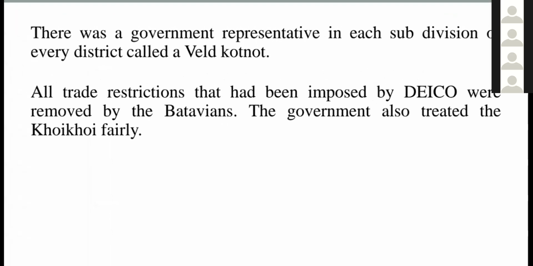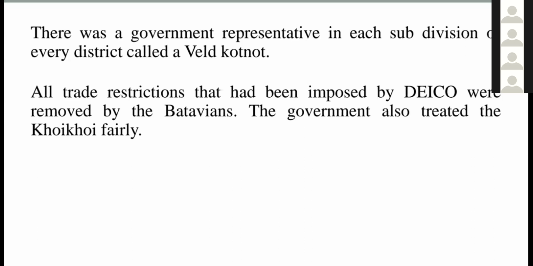Among the Batavians, or during their role at the Cape, there was a government representative in each subdivision of every district called a ville-de-connaught. The ville-de-connaught was a government representative in each division. All the trade restrictions that had been imposed by the Dutch East India Company were removed by the Batavians. The government also